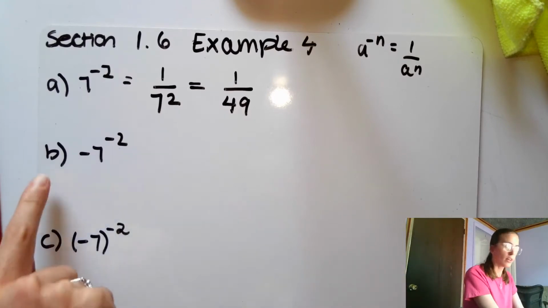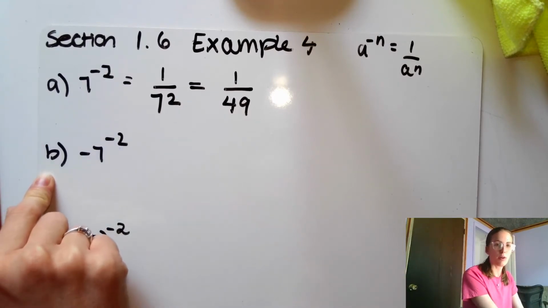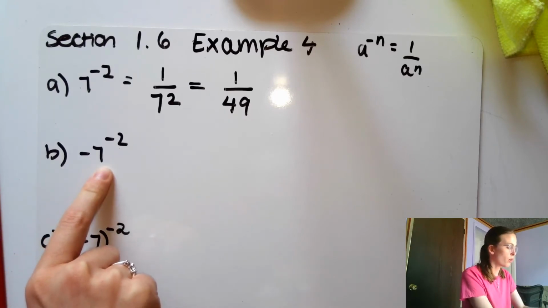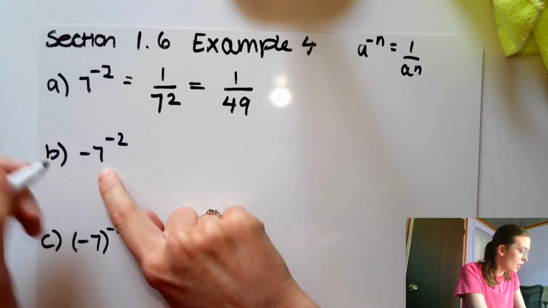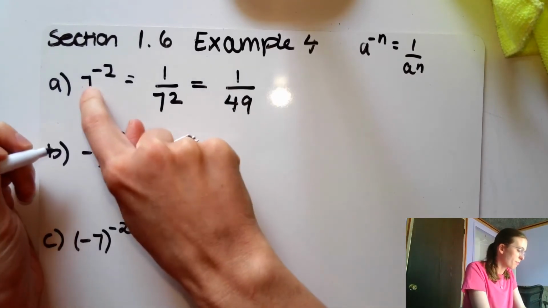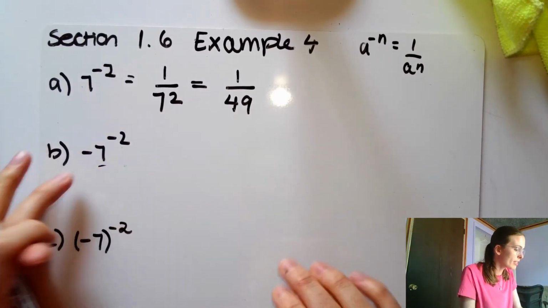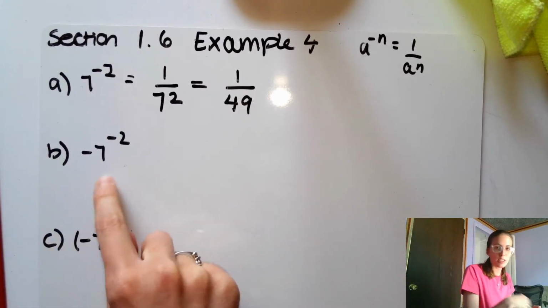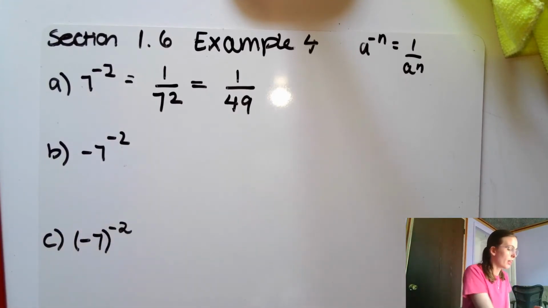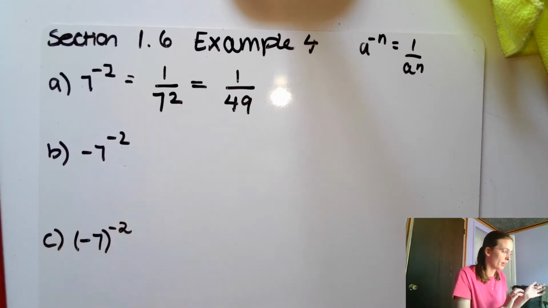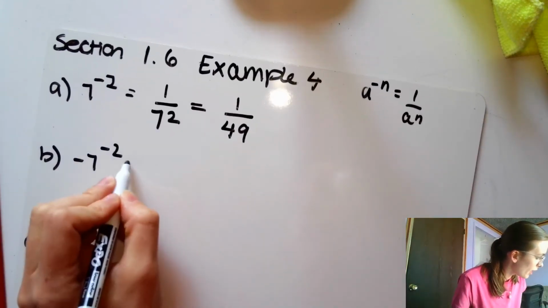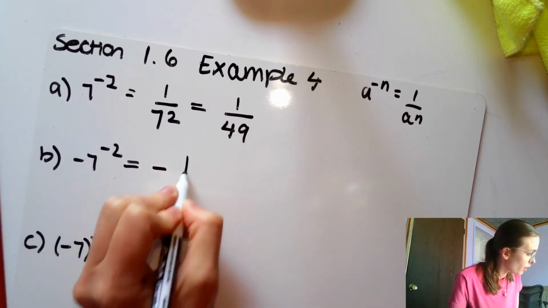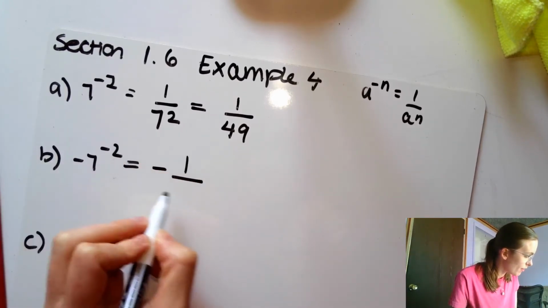For part B, this is a little bit tricky one, right? Because it's got the negative here, but it's not in parentheses. So the base here is again just 7, like it was here. We've got our base is 7, and then after the exponent is done, then we've got the multiplication by negative 1. So we'll leave the negative here, and then it'll be 1 over, and then the base, which is 7,